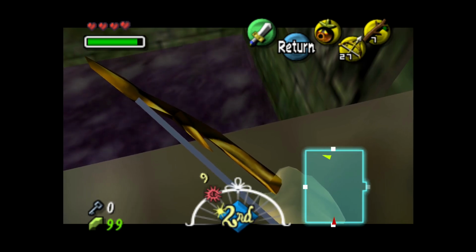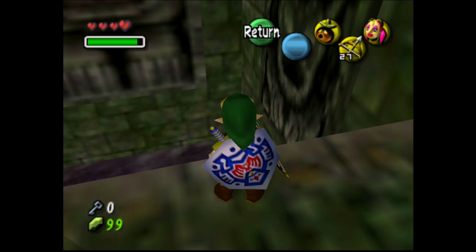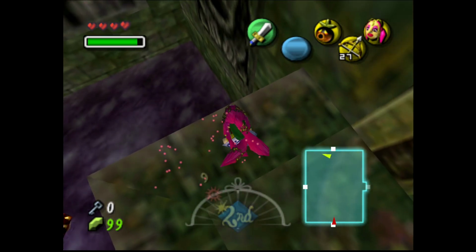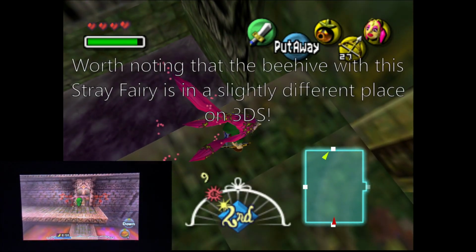There is a stray fairy. Now that stray fairy is under the poison water. That seems a little dangerous, so I'm gonna put on the Great Fairy's Mask ASAP and save it. You put this on, stray fairies will...